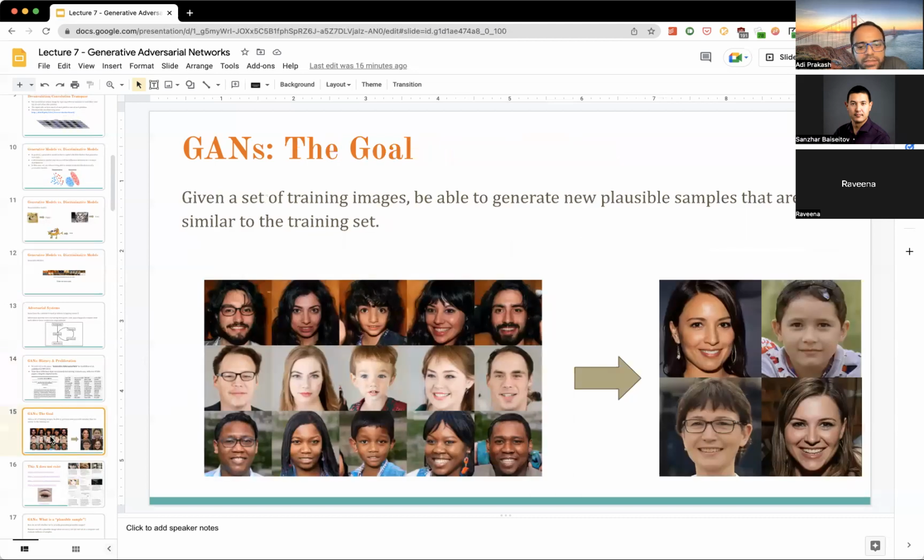Okay, so what is the objective, right? The objective in GAN is very simple. You start with a bunch of images, and at the end, you want to be able to make more images that look like your training examples, right? Now, in this case, you might look at this and say, hey, no, maybe it doesn't look like the training examples. Maybe I can tell them apart. But if I had more examples like this, probably you won't be able to tell them apart,